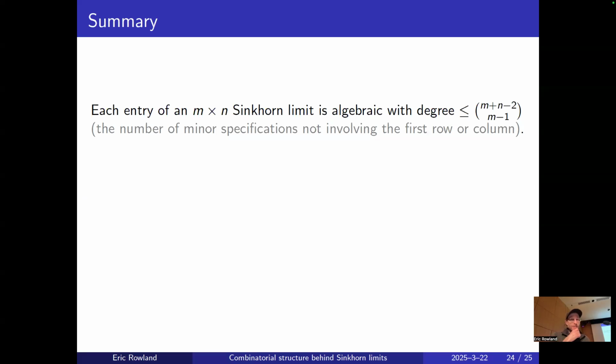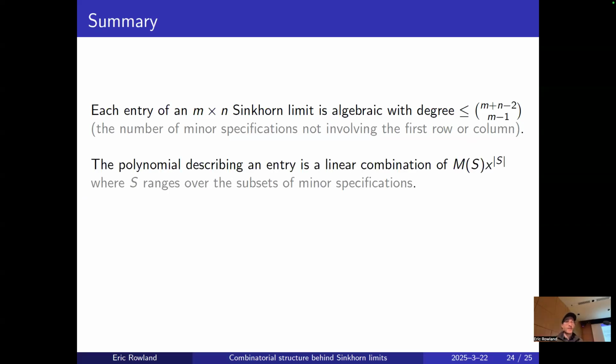So here's just a summary of what we found. Each entry in an m by n Sinkhorn limit seems to be algebraic with degree at most this. This has a combinatorial interpretation. This is the number of minors of an m by n matrix that don't involve the first row or first column. The polynomial entry that describes one of these